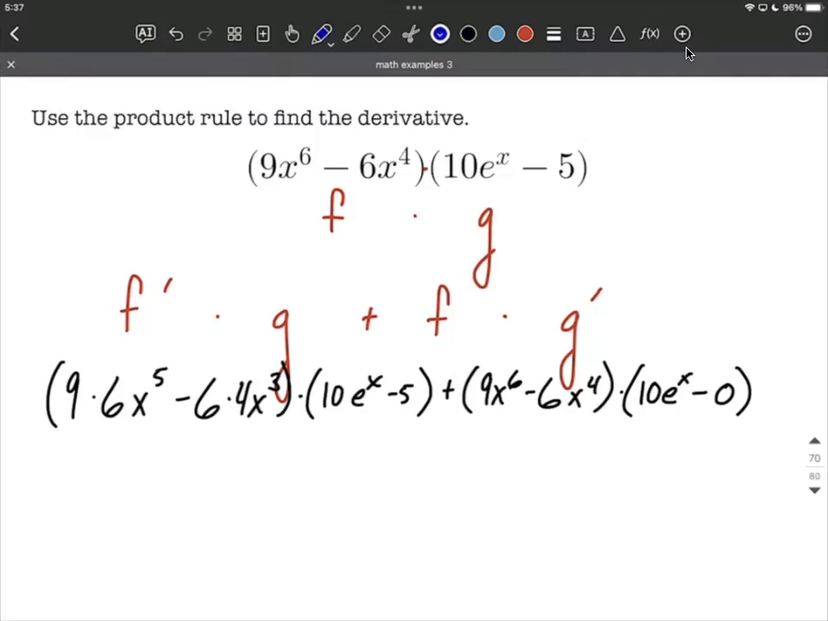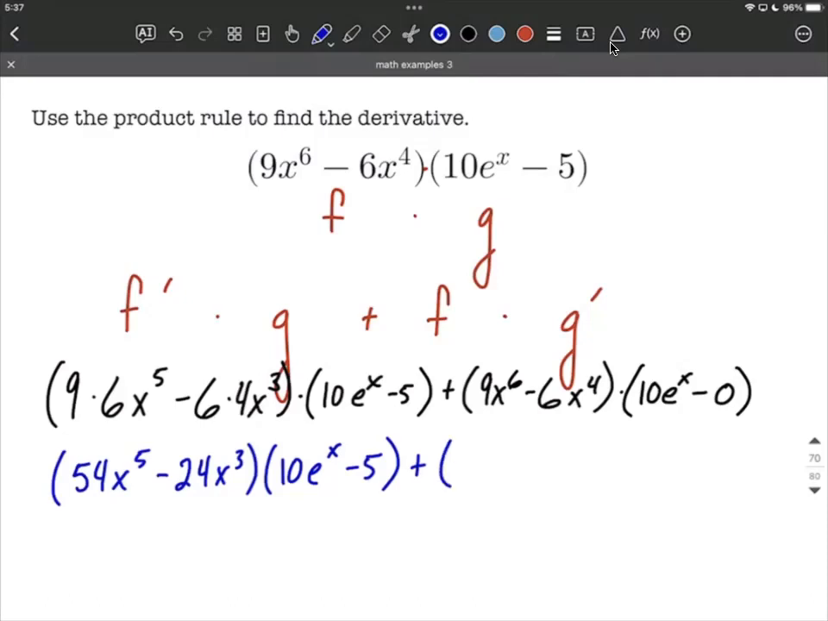Let's clean this up, get a final answer. We won't go and expand everything out completely, but we can clean this up a little bit. First set of parentheses, we can say 9 times 6 makes 54x to the 5th power, minus 6 times 4 makes 24x to the 3rd power, times 10 e to the x minus 5, just bring that set of parentheses along,